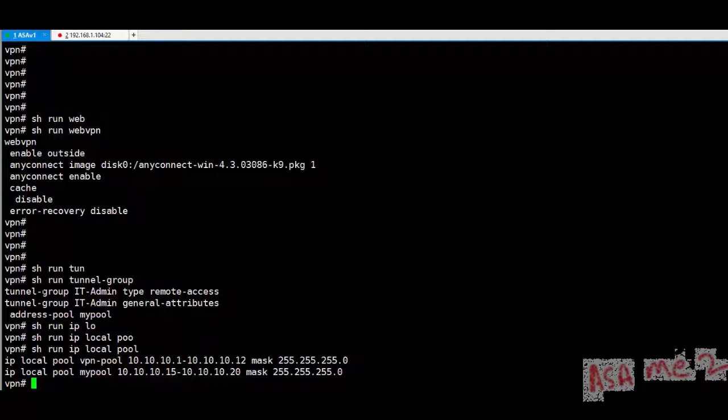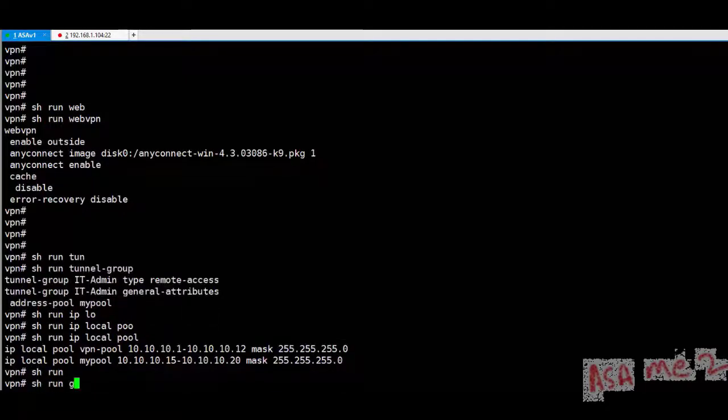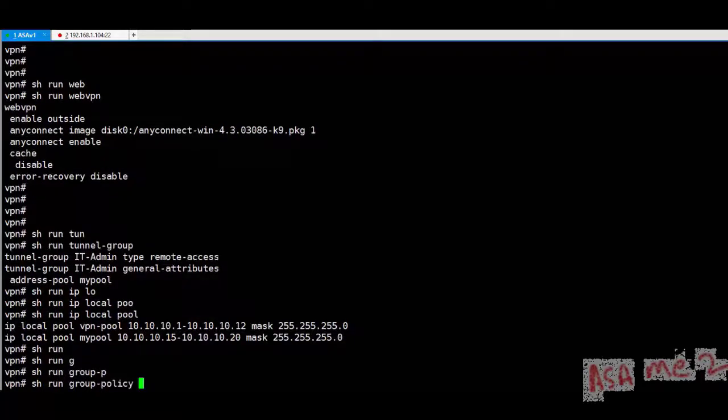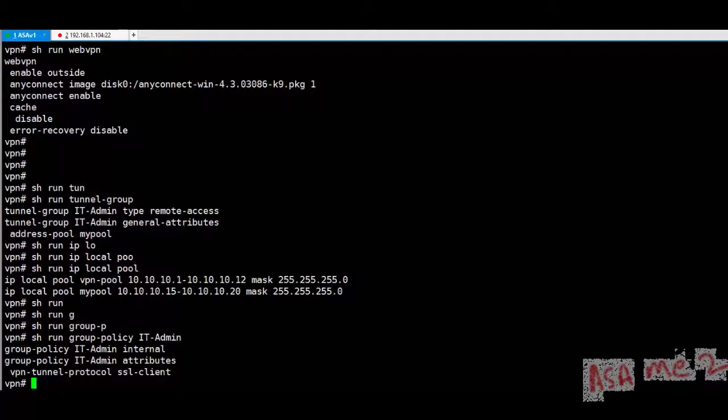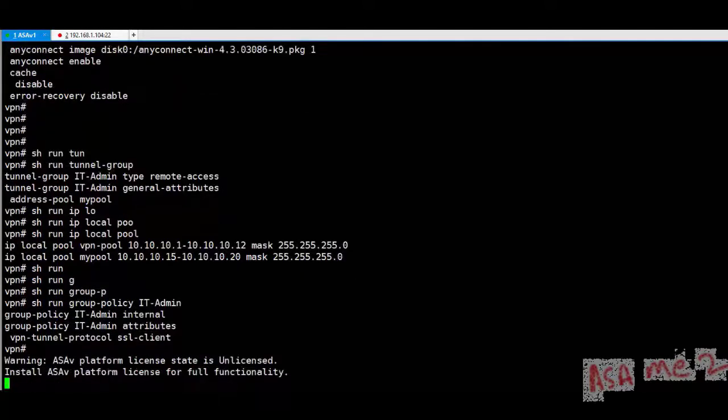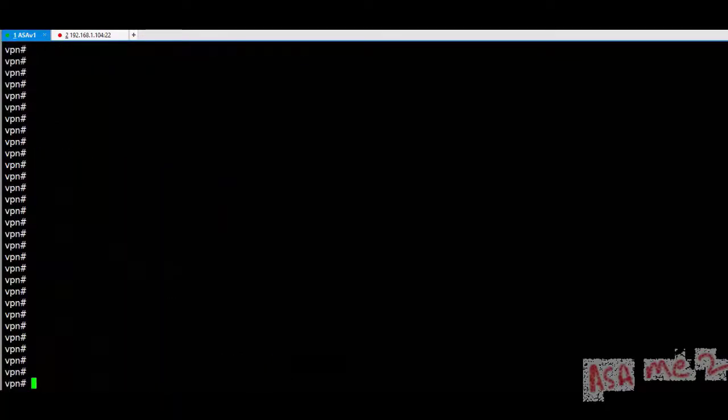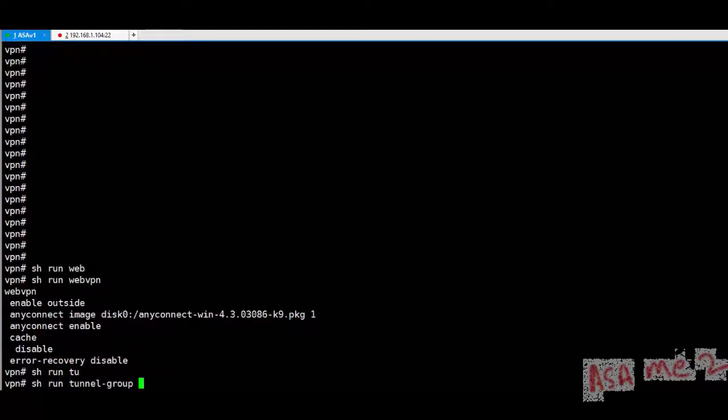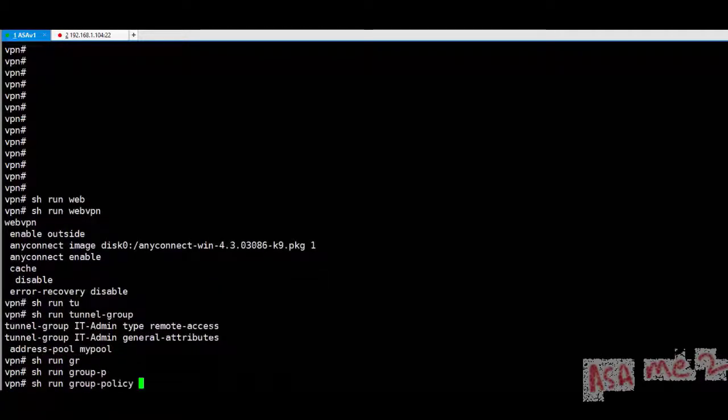Now, where is the group policy? This was the tunnel group configuration. Where is the group policy? The group policy is show run group-policy, and we can give a name for our group policy, IT admin. Group policy IT admin internal, and in the attributes of the group policy, we have enabled VPN tunnel protocol as SSL client. Now, if you see, these things are show run webvpn, show run tunnel group, and show run group policy